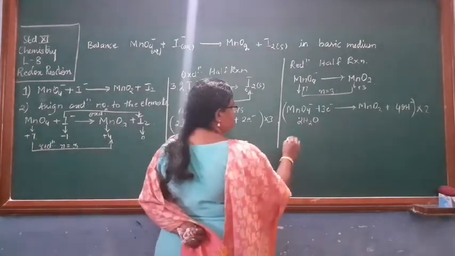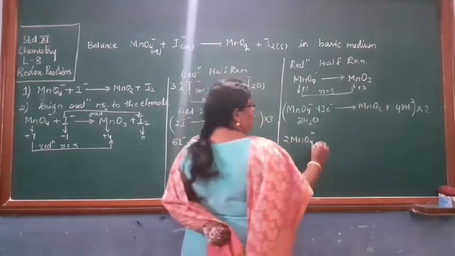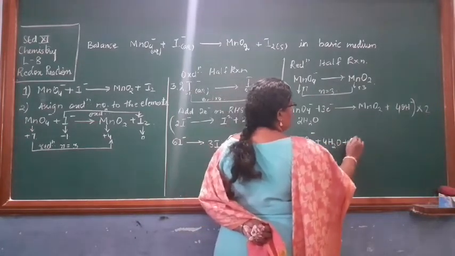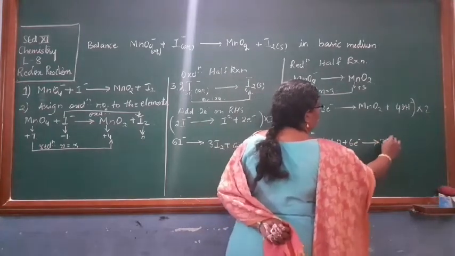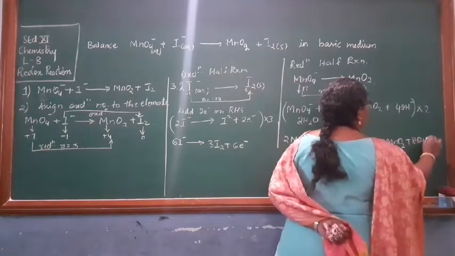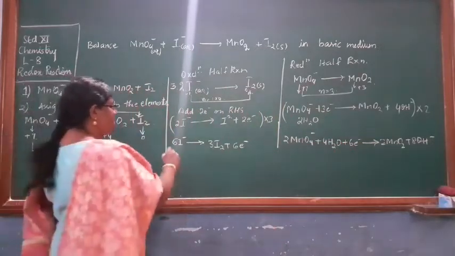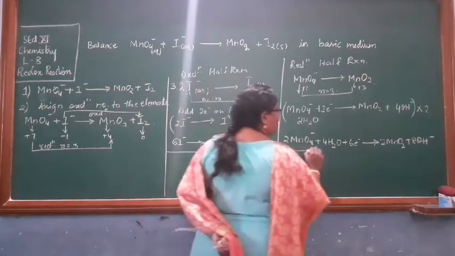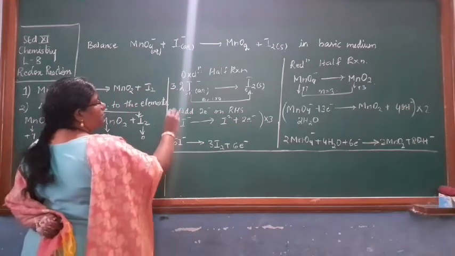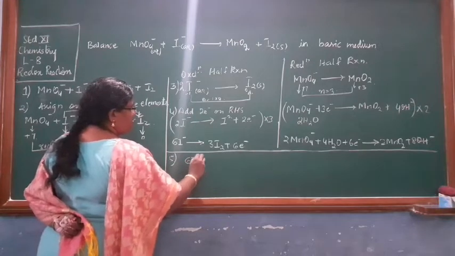Now for this particular equation I have 2MnO4 minus plus 2 into 2, 4, that is 4H2O plus 6 electrons giving 2MnO2 plus 8OH minus. So I have got the oxidation and reduction half reactions. Our next step is to add the 2 half reactions. Okay. So next step, this was the 4th step, 5th step, add the 2 reactions, that is 6I minus